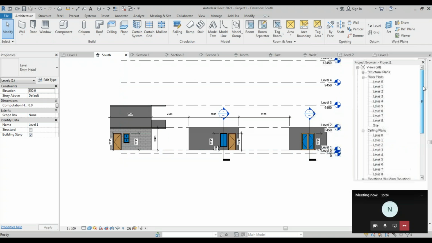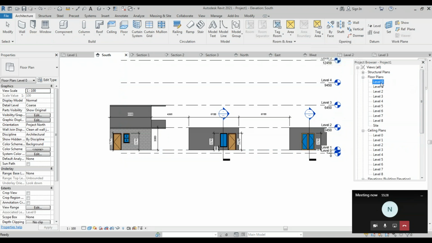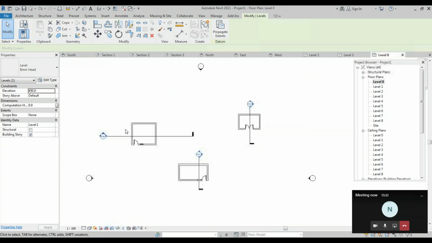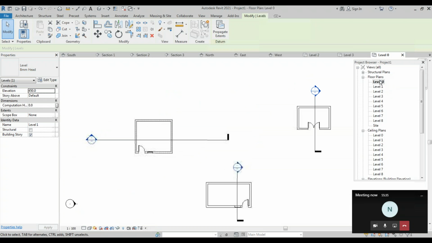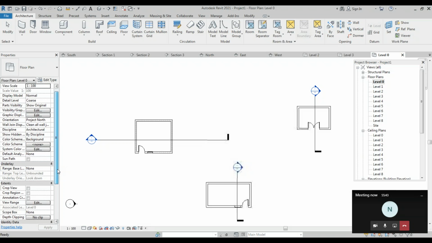Okay. So what is it like a plinth? In a regular olden days house, we will have this plinth like this. So I am taking level 0. Level 0 is my plinth. Now I want to see the overlay. I want to see the overlay, and now so far there is,